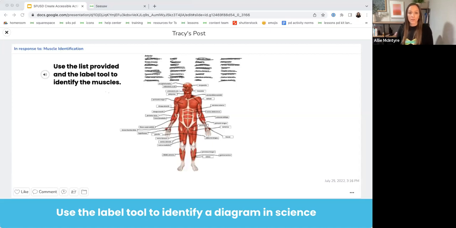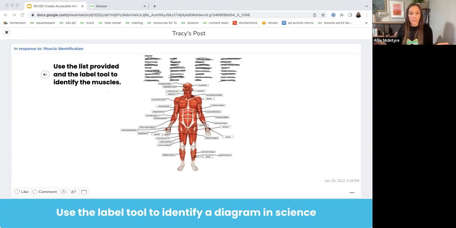Okay, here's another example of a very basic and simple template. The teacher just provided those directions you see on the left. Again, they did record their voice on those directions so that all students were able to access them. They also provided that word bank you see on the top, just simply with a screenshot from their digital textbook, and then that image of the human body. Then students used the label tool to create all of those little muscle labels that you see, and the drawing tool to then match the labels that they created to the correct muscles on this picture of the human body.